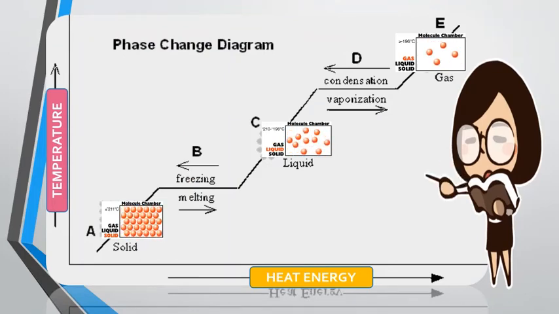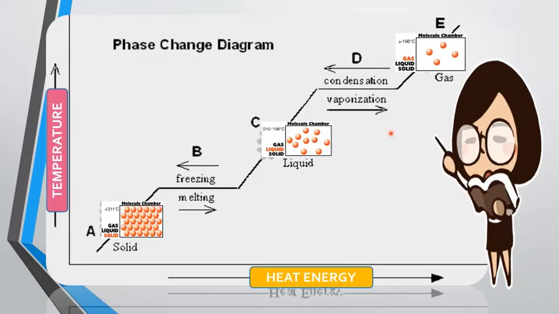With this next slide, you are able to see a phase change diagram. In this diagram, you will see the temperature, which increases from bottom to top. And on the x-axis, you will see heat energy, which increases from left to right. We have here the solid, liquid, and gas, and the different phase changes, which are freezing, melting, and then